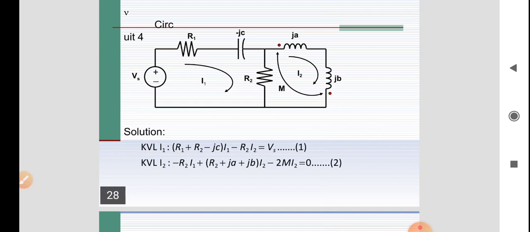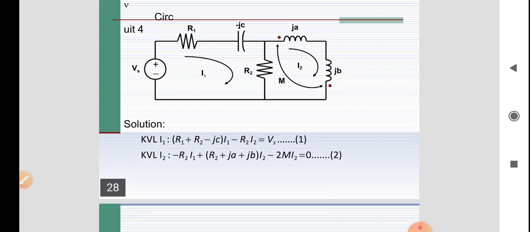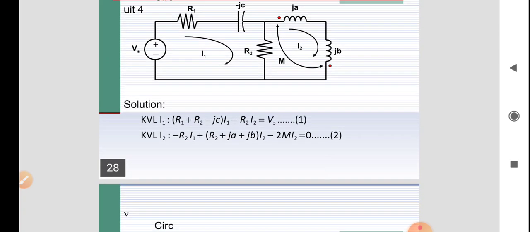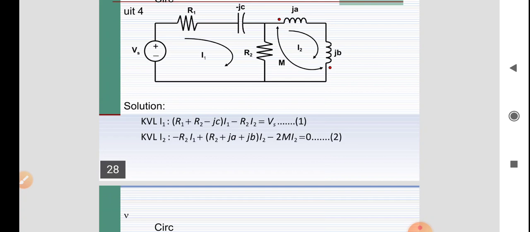Similarly, if I am writing the mutual inductance near to the JB, in case of JB the current is from coil to dot, but in the other it is dot to coil. As both are in the opposite, minus. But whatever the current which is flowing in the coil 2 is only the I2 current, because both the dots are present only towards the second loop. So that is the reason minus M I2 is equivalent to minus 2M I2.